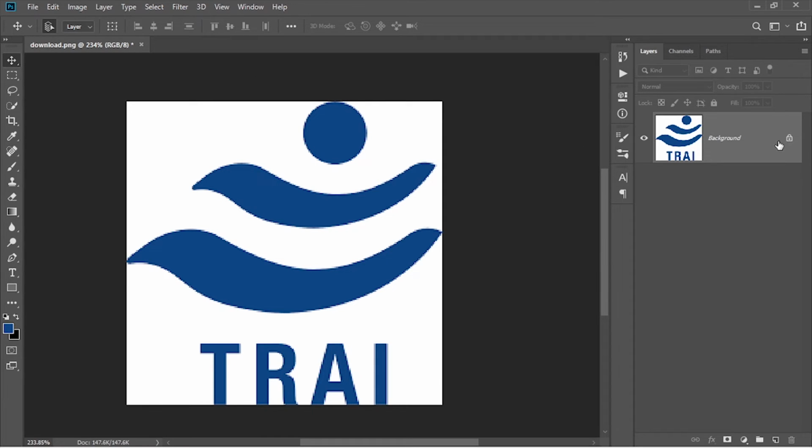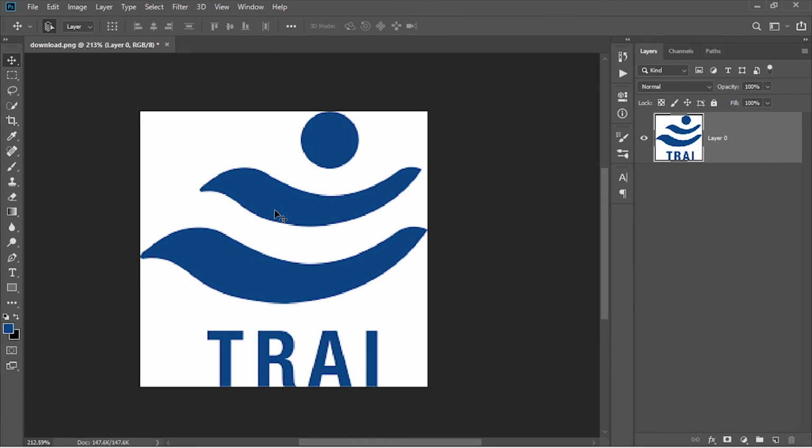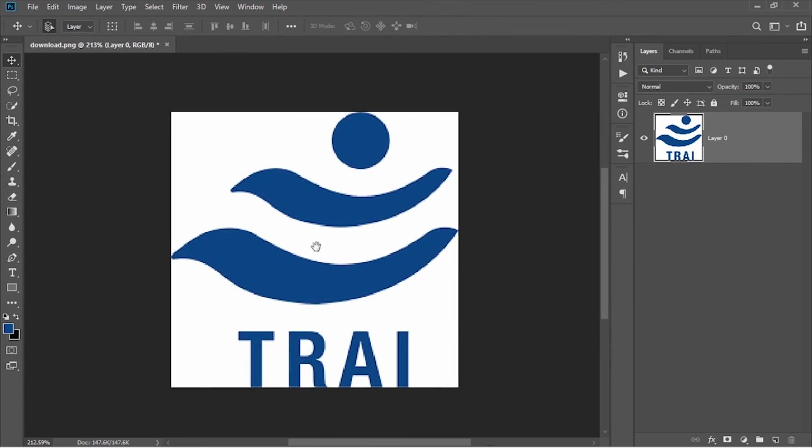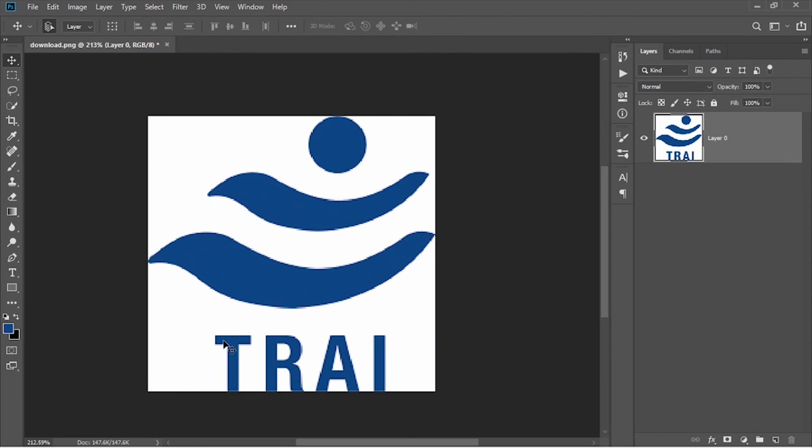By the way, this logo is of TRAI, which is the abbreviation for Telecom Regulatory Authority of India, and this logo has white color in its background, and if you want to remove it easily without any this kind of manual selection methods, then you should subscribe to our channel and you will get that video very soon,